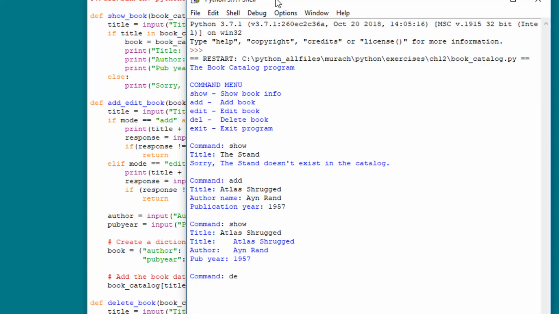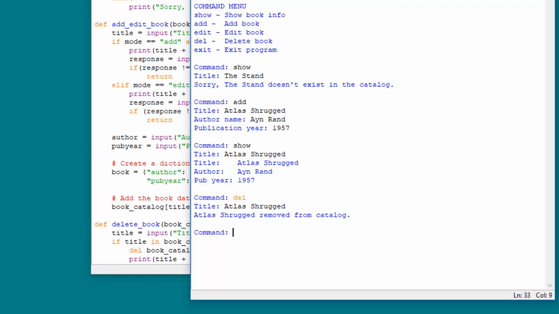Let's get rid of it. Okay, so let's do another show. Okay, now it's removed from the catalog. So that's good. Everything appears to work as it is,